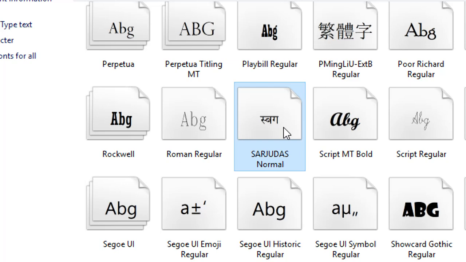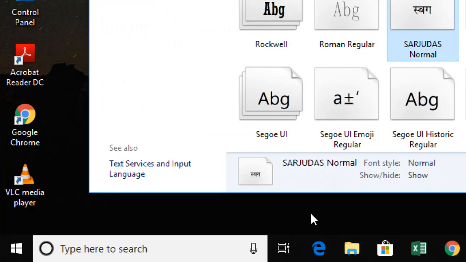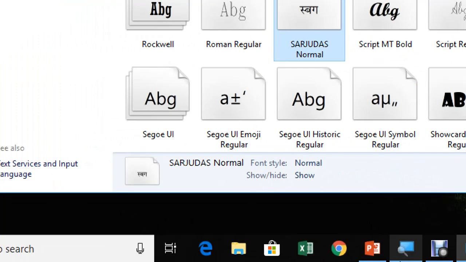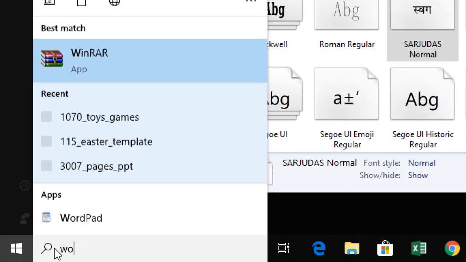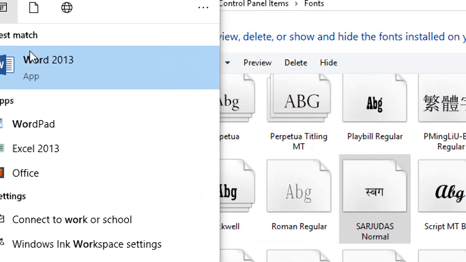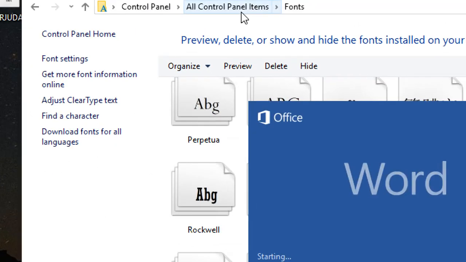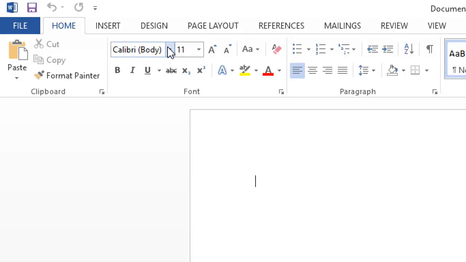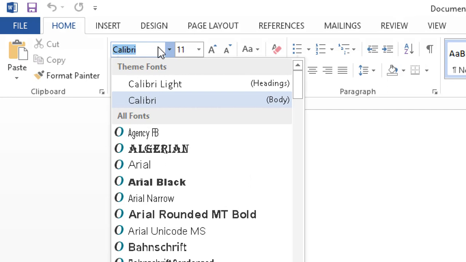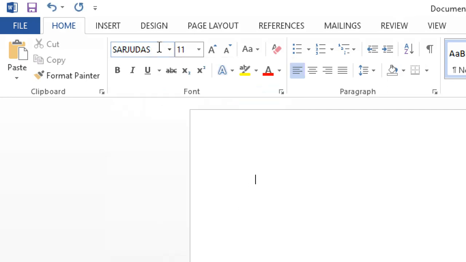Now whenever you want to type Hindi, choose Sarjudas from your font style option, and then start writing like this. Look, I am opening Microsoft Word and choosing a blank document. From font style, I'm just writing Sarjudas. It comes here. Now I'm changing the font size.